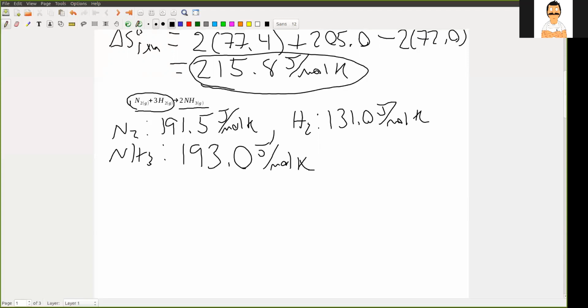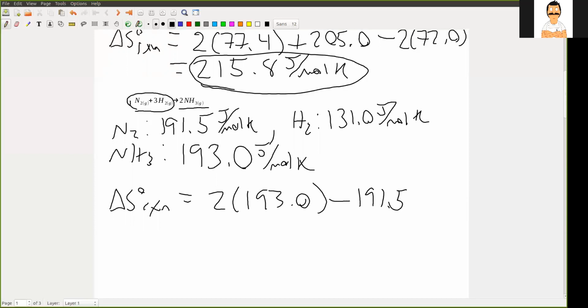And if we do this calculation, our delta S at standard state of the reaction is equal to 2, we're working with products, so 2 times 193.0, minus the reactants, so 1 times 191.5, minus 3 times 131.0, and that's going to get us the delta S of reaction of negative 198.5